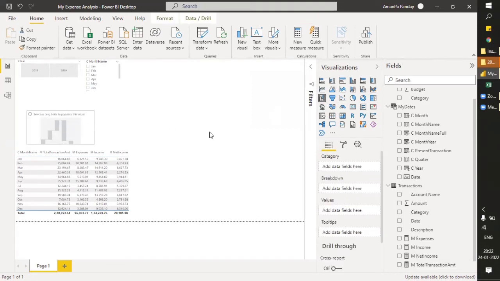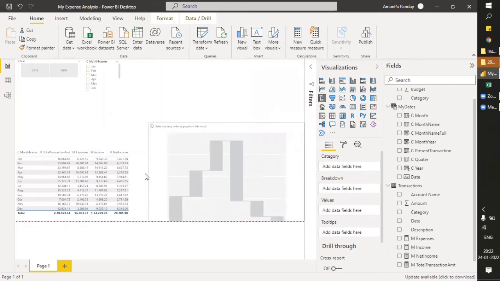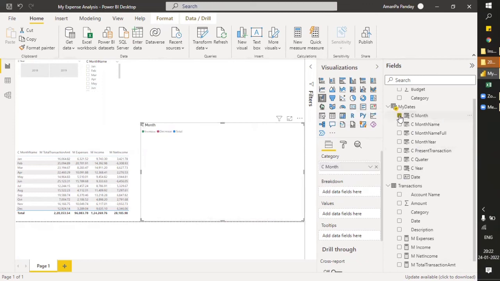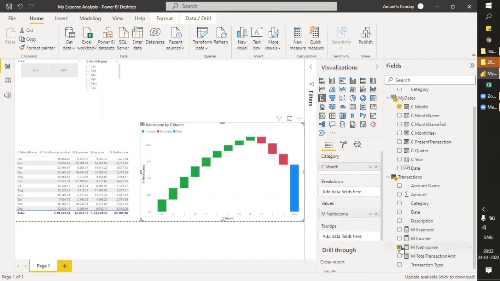Let me just drag it here. And in this category, the month. Okay, and then your net income will be, yeah, you can see we have the figures.